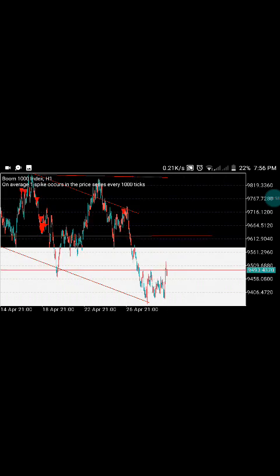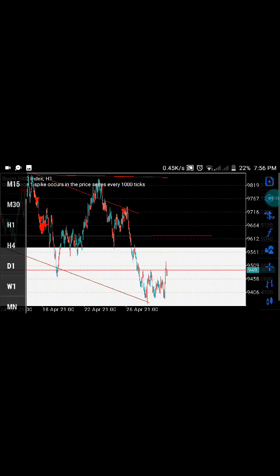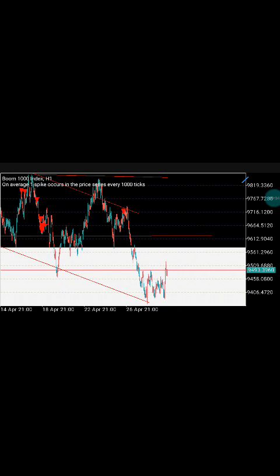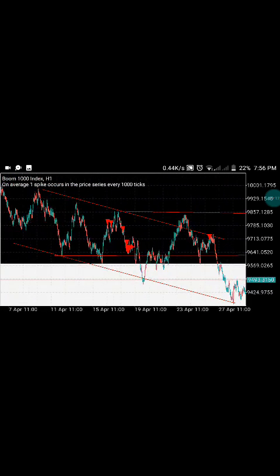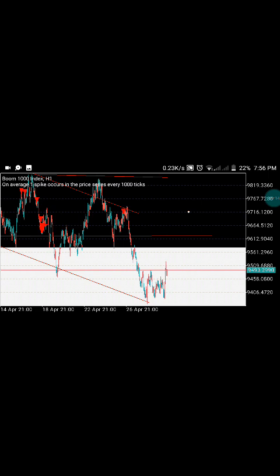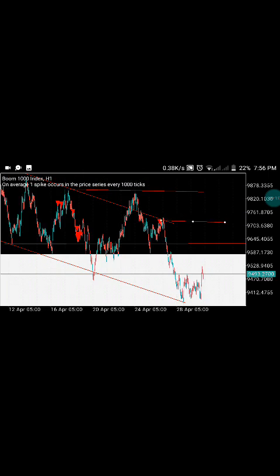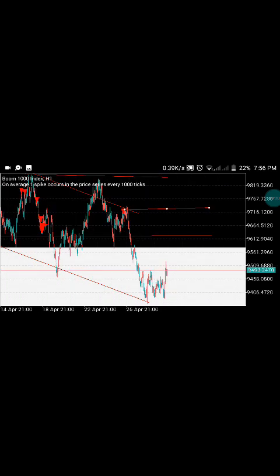So we have another rejection at this level. Don't forget we have a support area here, so we need to be very careful at that support area. You don't need to enter a trade at that area. We have a market at this area now where we are expecting something bigger to happen. So guys, let me tell you, even if we enter this trade with 0.01 for a long period of time, you can still make a lot of profit with this, because as it is clear now, you can see that the market is going on